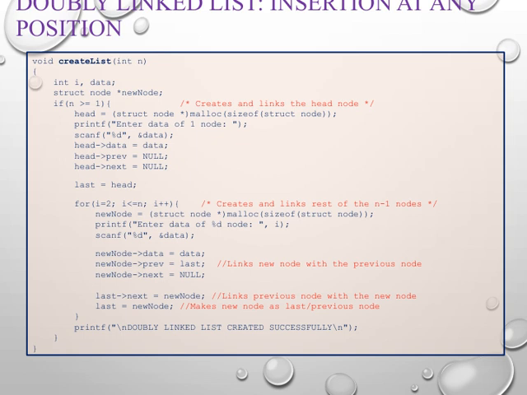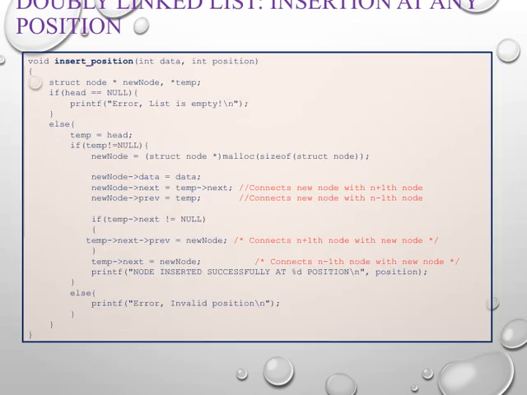Finally, once all nodes are created, we print a message indicating that the doubly linked list has been successfully created. This approach ensures that the list is properly linked in both directions, which is essential for efficient insertion and deletion at any position. Now, let's look at how we can insert a node at any position in a doubly